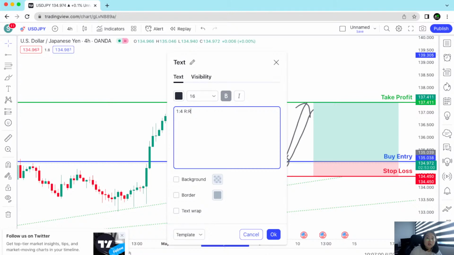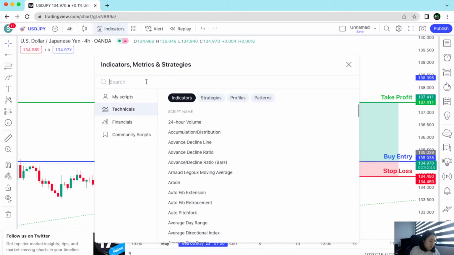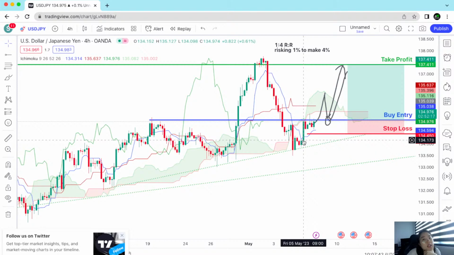Just give me a sec. Let's pull out the indicators. I have a very strong confidence that, oh, okay, Ichimoku ain't agreeing, man. Okay, guys, Ichimoku is not agreeing with this.